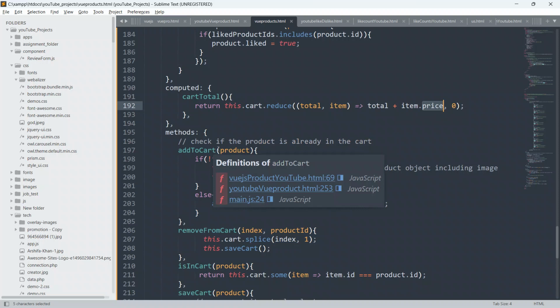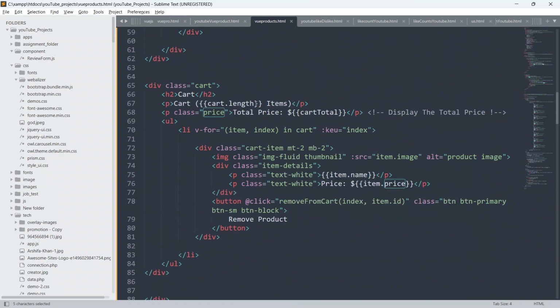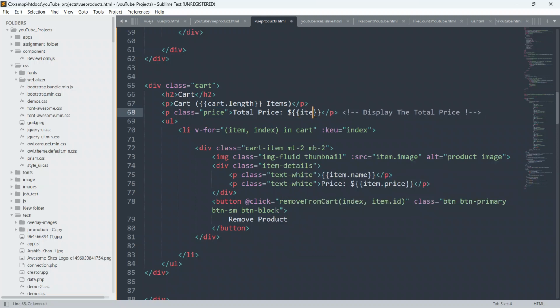Let me check what the issue is. Cart total, item dot price. Yeah, this is different. It should work guys. I don't know why it is not working.